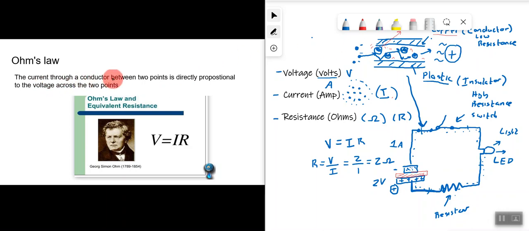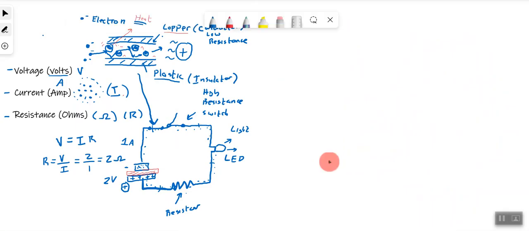So the current through a conductor between these 2 points is directly proportional to the voltage across the 2 points. So for example, if there's 2 volts, the current is going to be directly proportional to that. Let's think about what that actually means, directly proportional. What it basically means is, if we were to draw a simple graph like this,